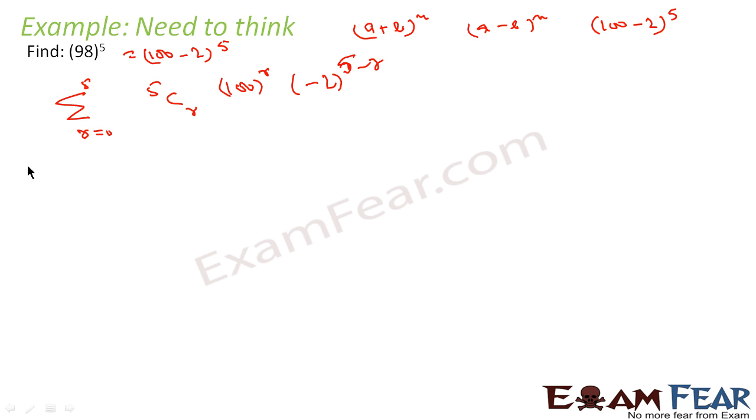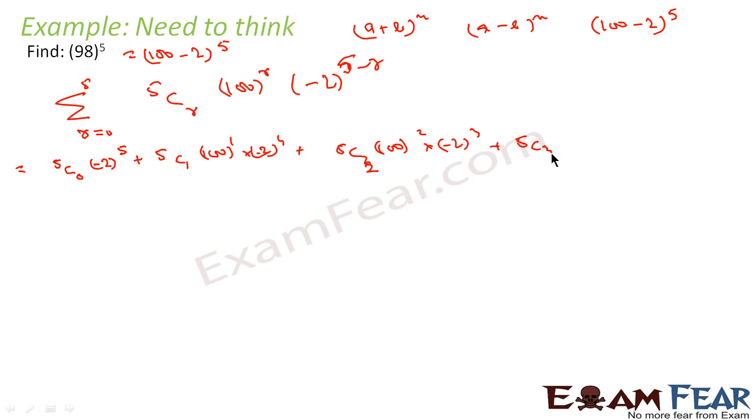So this becomes R is equal to 0. 5C0, 100 to the power 0 into minus 2 to the power 5, plus 5C1 into 100 to the power 1 and minus 2 to the power 4, plus 5C2, 100 to the power 2 into minus 2 to the power 3, plus 5C3, 100 to the power 3 into minus 2 to the power, this will decrease, 2, plus 5C4 into 100 to the power 4 into minus